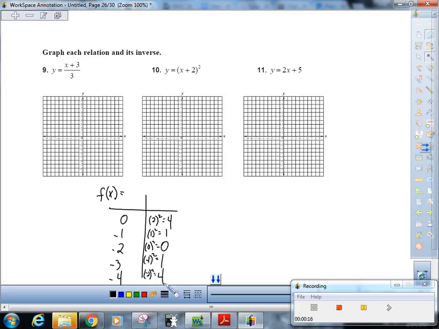So we have our table as 0, 4, negative 1, 1, negative 2, 0, negative 3, 1, and negative 4, 4. So we're going to graph those. 0, 4. Negative 1, 1, negative 2, 0, negative 3, 1, and negative 4, 4. And now you'll see